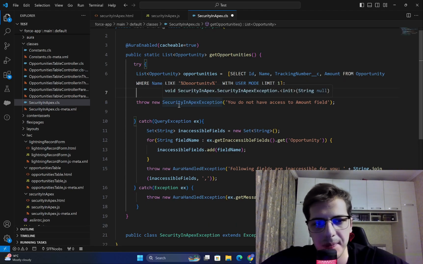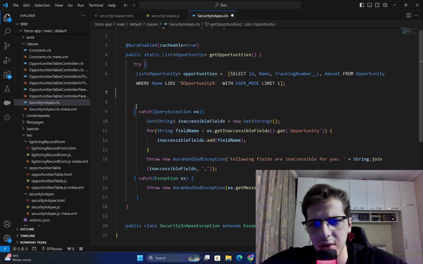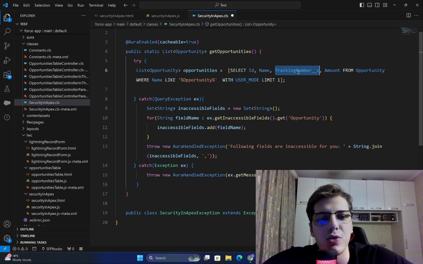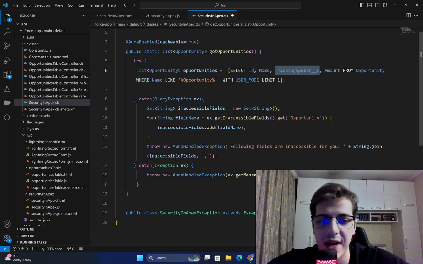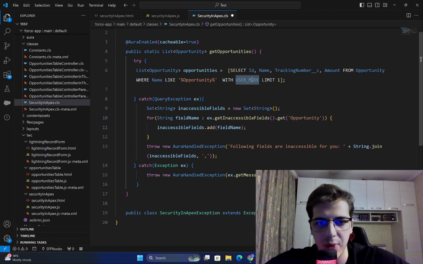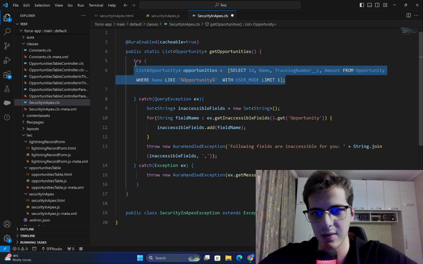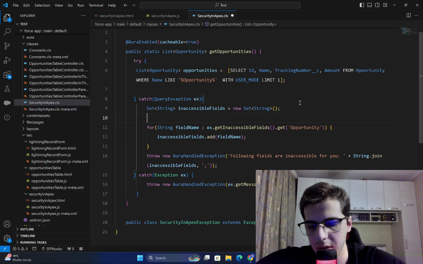Okay, so basically what's going to happen is that if we are trying to reference and query a field which the current user doesn't have access to, and we have USER_MODE here, then an error will occur, right? Since it's in a try catch, it will go into the catch block. And this exception, okay,